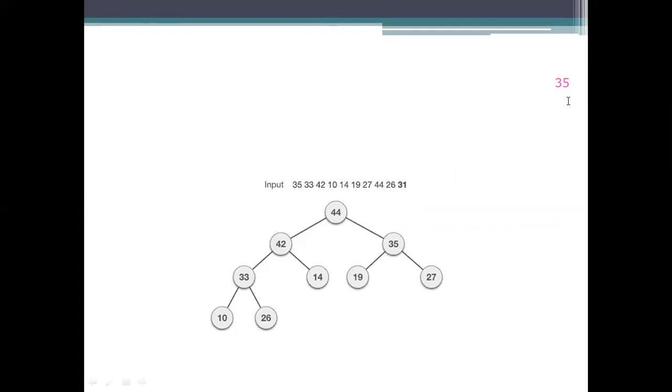We need to go for the 33. So 33 means from where we need to start? We need to start from the left to right. We need to insert as a right node. Sorry, from left to right as a leaf node. And coming to the next one, 42. Yes, now 42 value. 42 will be inserted here.